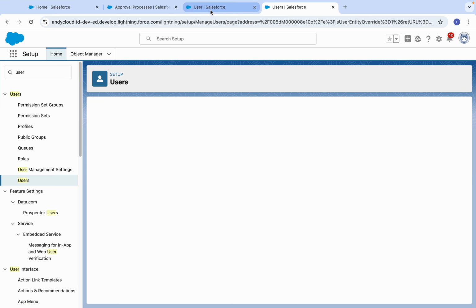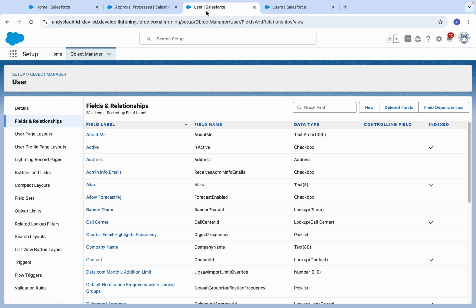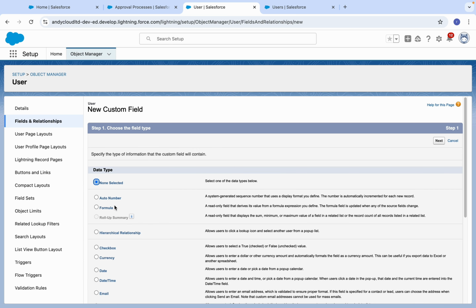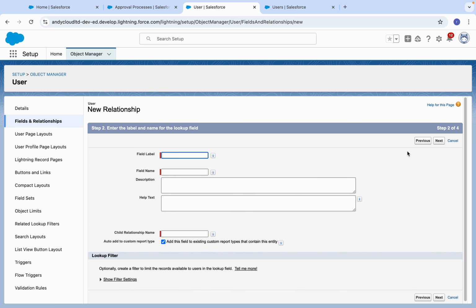So for adding this field here, you need to go to the user object, create new field, create hierarchical relationship field, click on the next button. Now let's add a new hierarchical relationship field for approval.